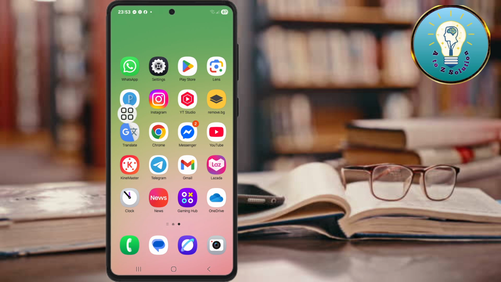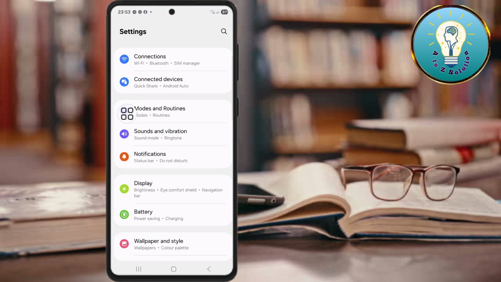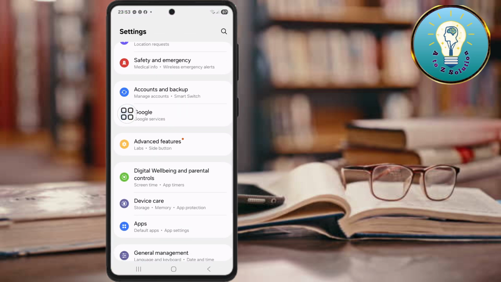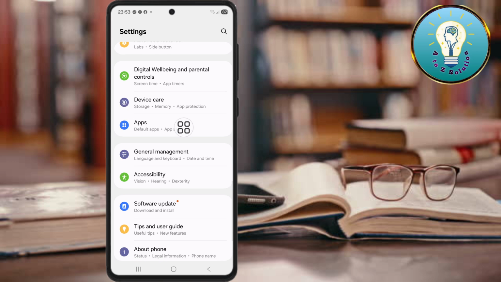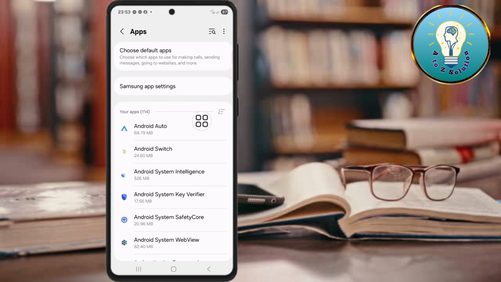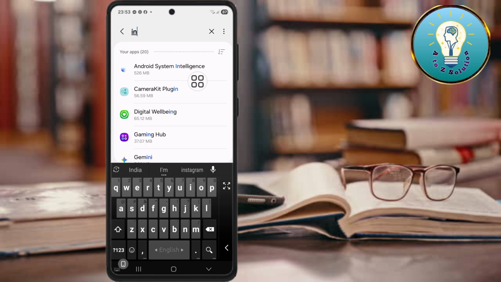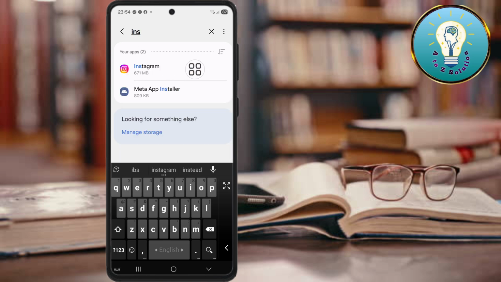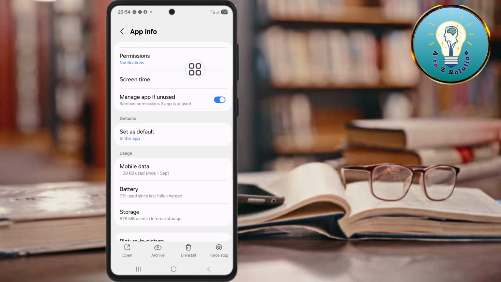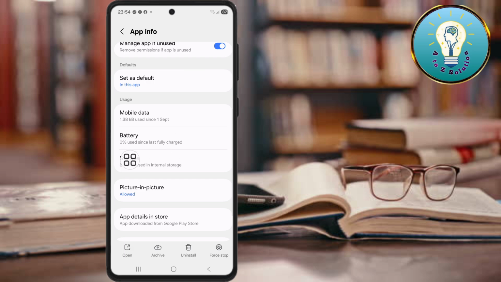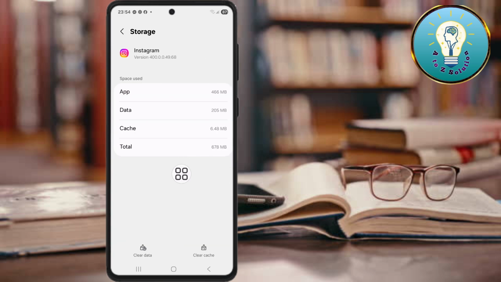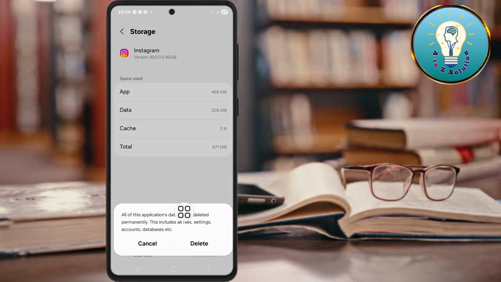go to your phone settings, scroll down, click on apps, search Instagram, click on Instagram, scroll down, click on storage. Now clear cache, clear data, click on delete,